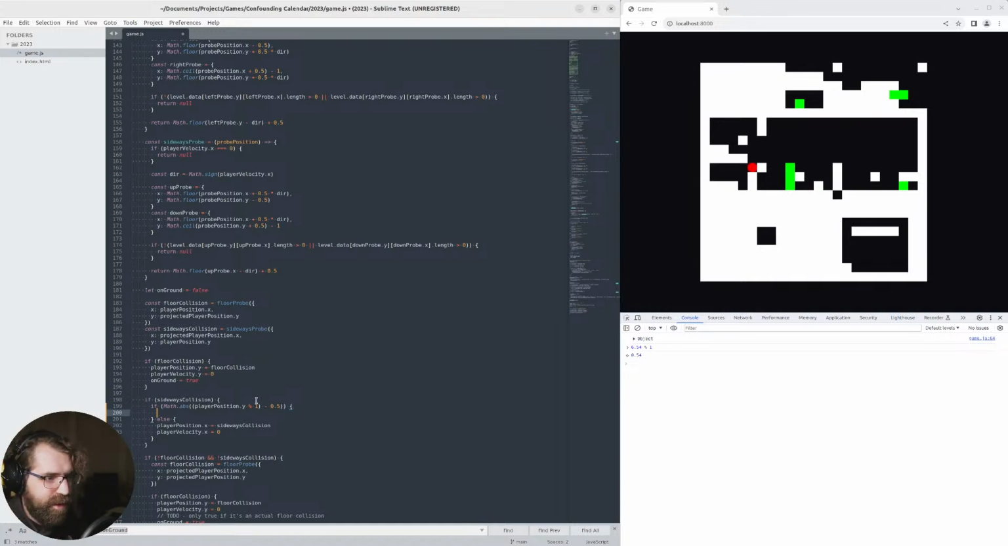Wait, so what am I saying? If that is less than some small amount, so I'm near the middle, so like 0.1. Because this position is in cells, that's 0.1 of a cell. So it's a small space. If that, and